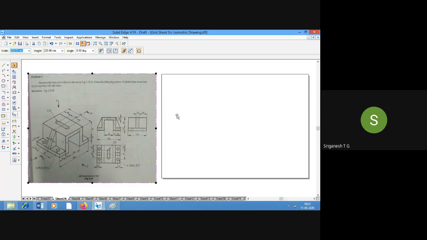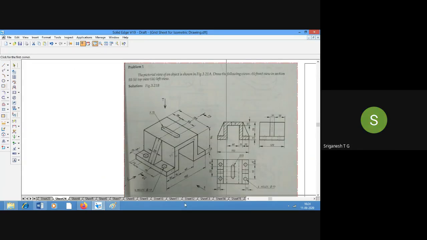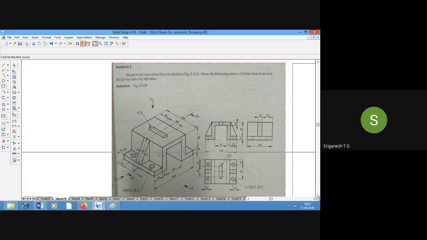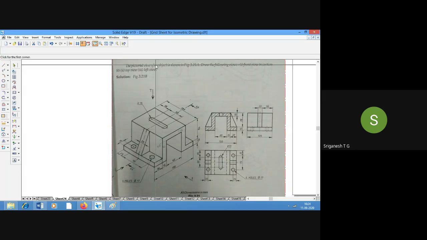Can you see the screen? There is one problem indicated as problem number 1. The pictorial view of an object is as shown in figure 3.21a. Draw the following views: front view in section, top view, left view.